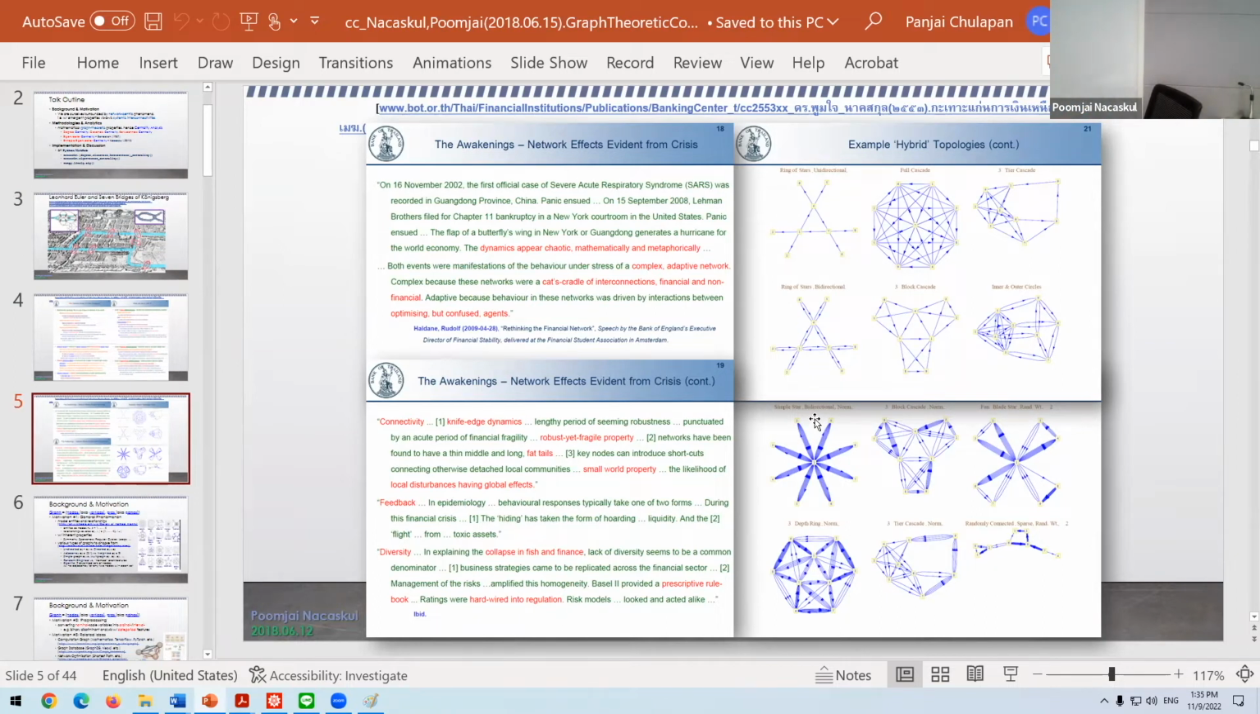This is a quote from Rudolf Haldane. You know what the central bank is, right? A central bank, like the Bank of Thailand, is the bank of banks, and it controls the stability of the financial system. Well, you can read the quote here, but basically what it means is that